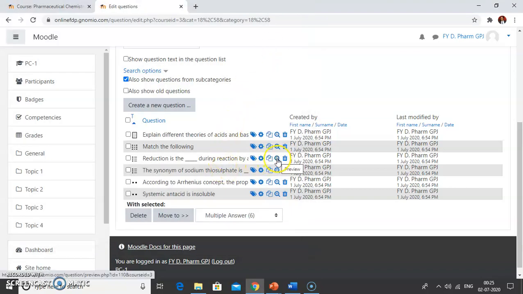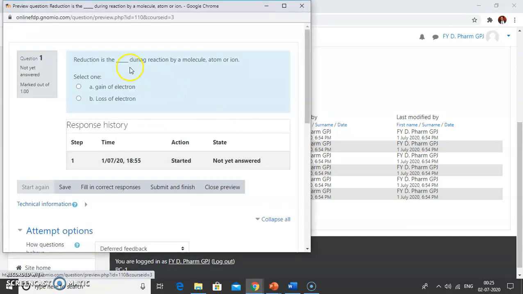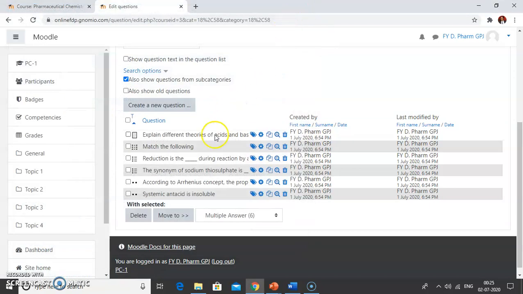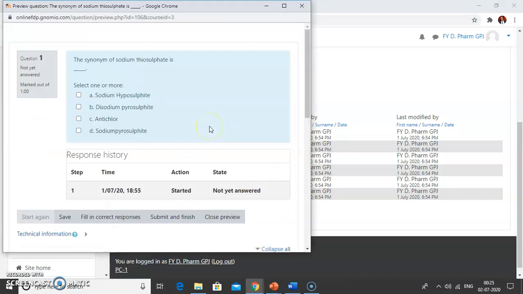Likewise, you can preview the missing word type of questions. So here the fill in the blanks line is inserted in between the sentence. If you click on here, it will show the correct answer. We have added feedback in one question. So just have a look whether the feedback worked properly or not. Just select any answers randomly and click on the submit button.